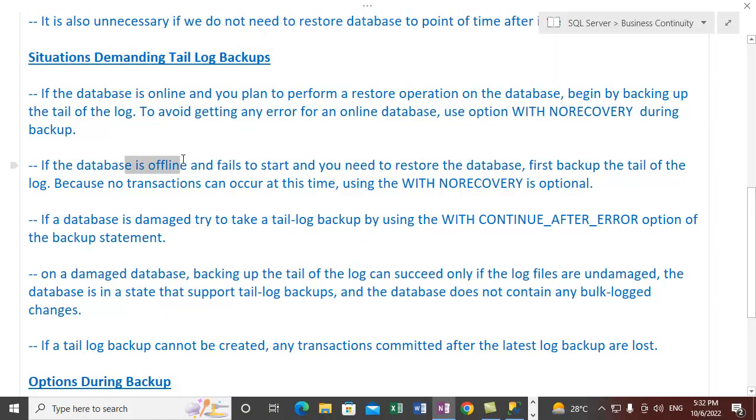The second point is where the tail log backup is required. If the database is offline, now this is the offline case, and fails to start, which is a damaged condition, and we need to restore the database. So first we need to back up the tail of the log, because no transactions can occur at this time. Using WITH NORECOVERY is optional. WITH NORECOVERY is only used in cases where the database is online. If a database is already damaged, no transaction can take place against that database. So the WITH NORECOVERY option is optional in this scenario where the database is damaged and we are backing up the